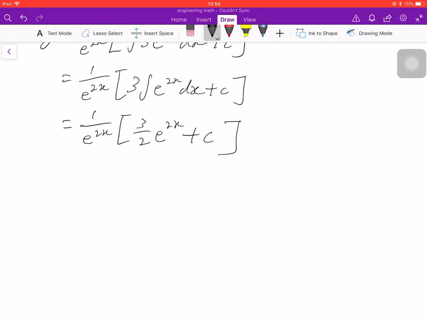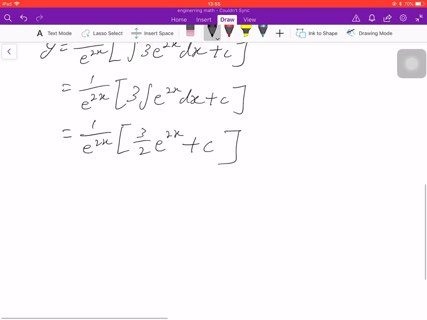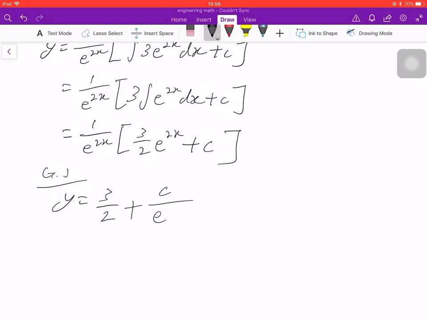Okay, now we multiply by 1 over exponential 2x. So our final general solution, we have 3 over 2, right? Then we have C divided by exponential 2x. So this will be our